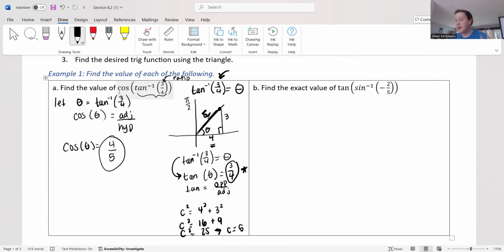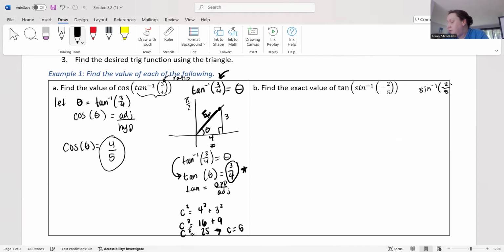Okay, now let's look at example B. Okay, so example 1, part B is what I should say. So we have a similar situation here. We want to find the exact value of tangent of inverse sine of -2/5. So let's think about this. Sine inverse, or inverse sine,